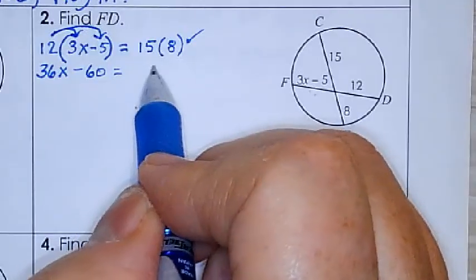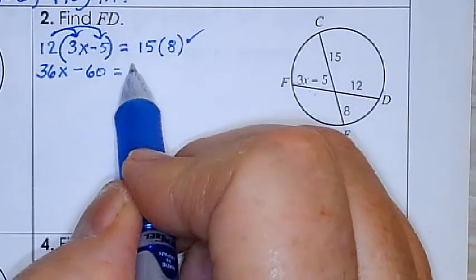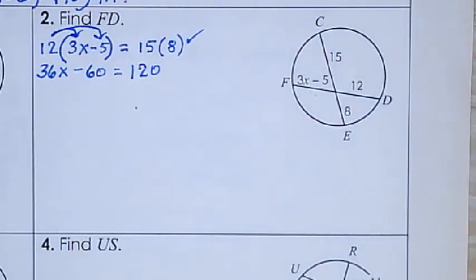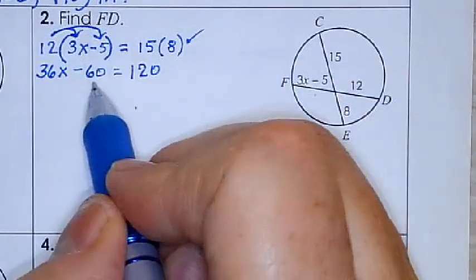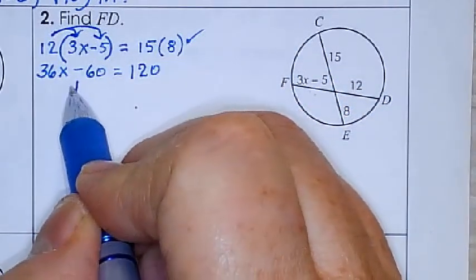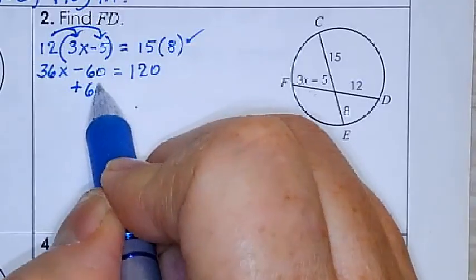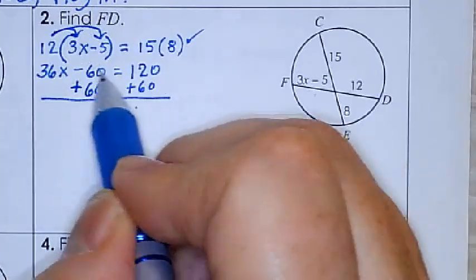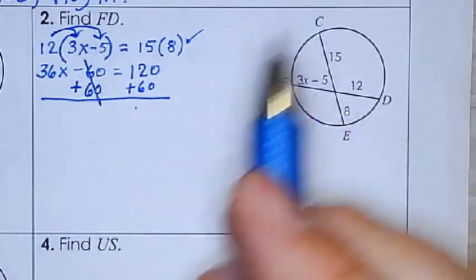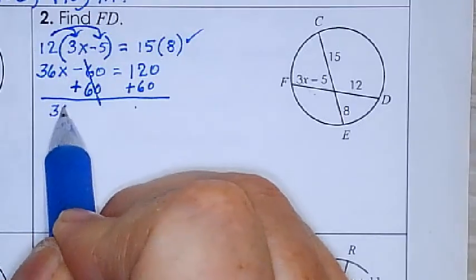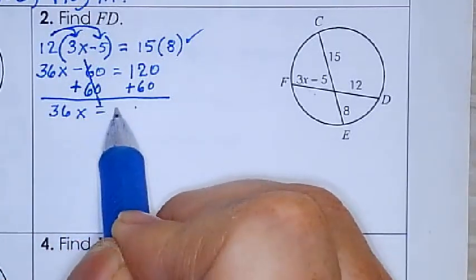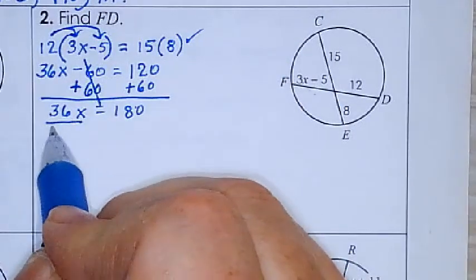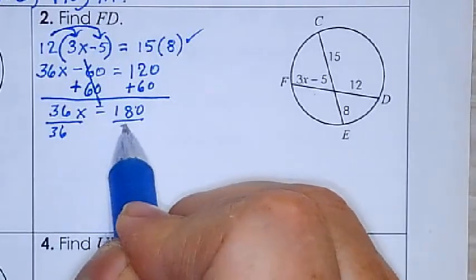Now, when you solve this one, we're going to add 60 here, add the 60 there, yay, cancels. 36x equals 180, gotcha, thank you. Divide by 36, so x equals,